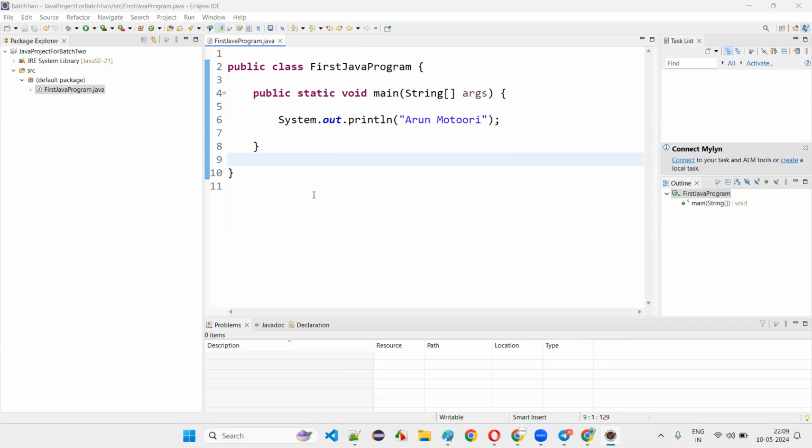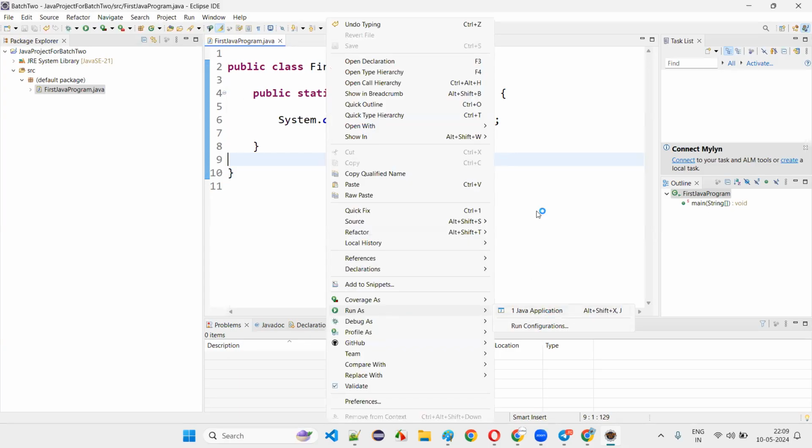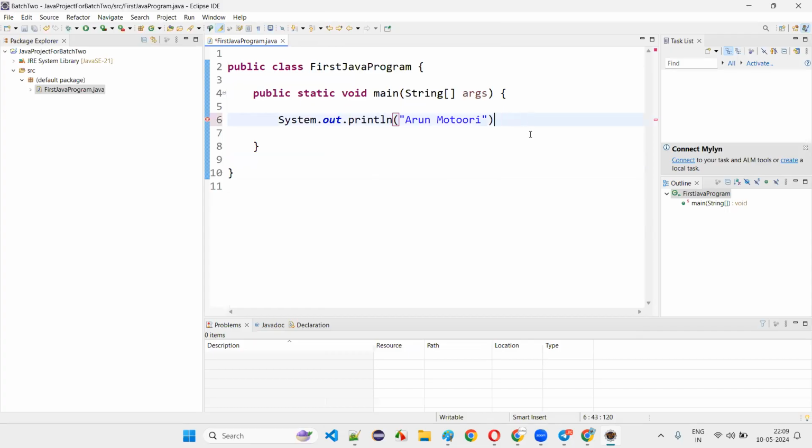Guys, did you get these run options in the Notepad? No, right? You're able to get the run options here. Right click, run as. You see, the Java application option is coming. Not only that, guys, if you make any mistakes here, if I remove the semicolon,